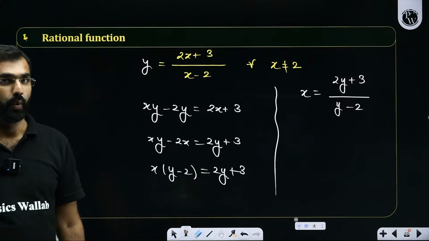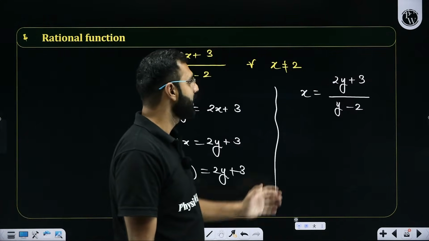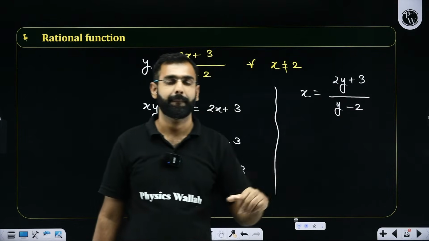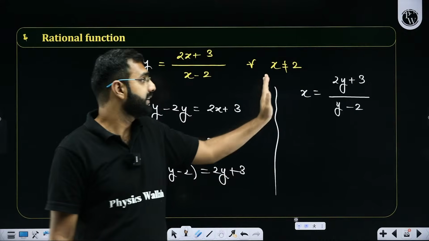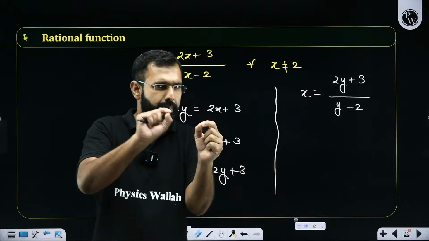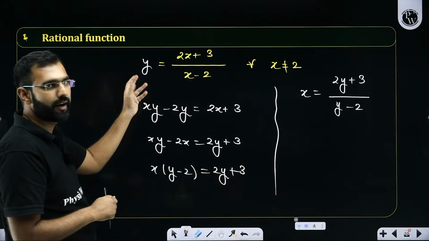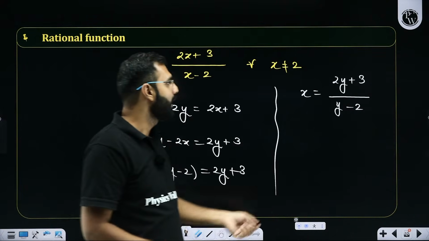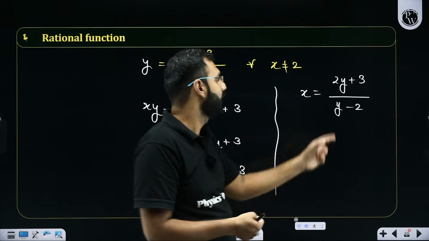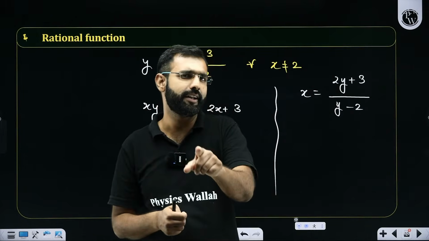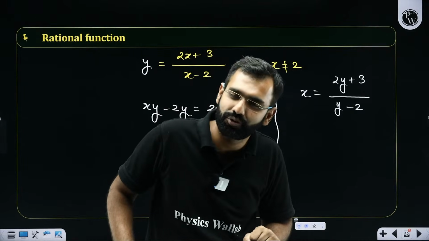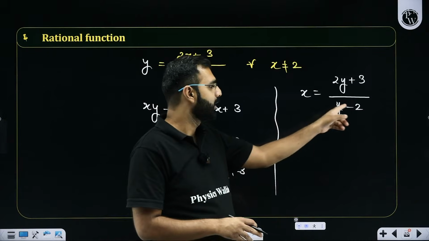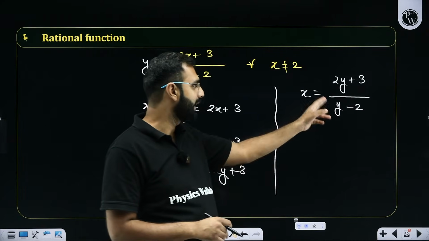What does it mean? It means I could express x in terms of y. So previously, if y was our dependent variable and x was our independent variable, now x becomes the dependent and y becomes the independent. And it clearly tells you about the range, doesn't it? Absolutely, Vijay. That's brilliant. And I'm sure all the other students who are watching must be able to crack that, sir, yes, we got the idea.